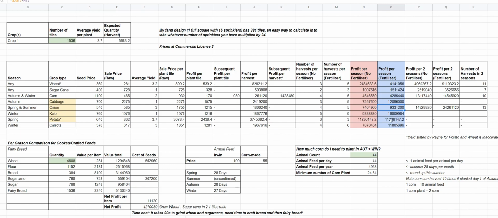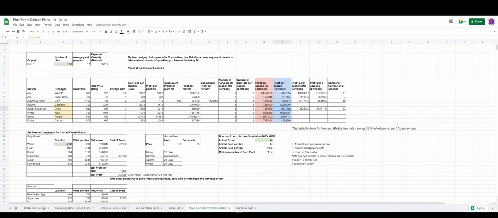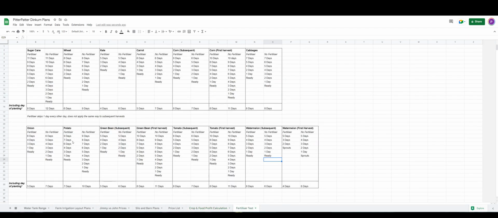Choose potatoes if you can. And that is going to apply the same way for all the other plants. I'm going to explain how I count the number of harvests in one season. Let's take an example, something simple. Let's say I'm using fertilizer with potato, and the way that works